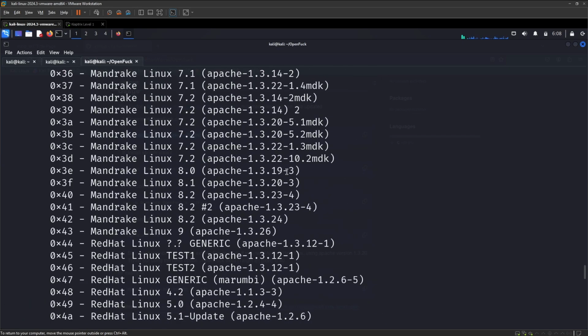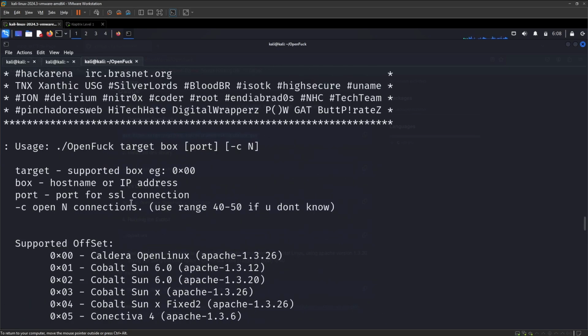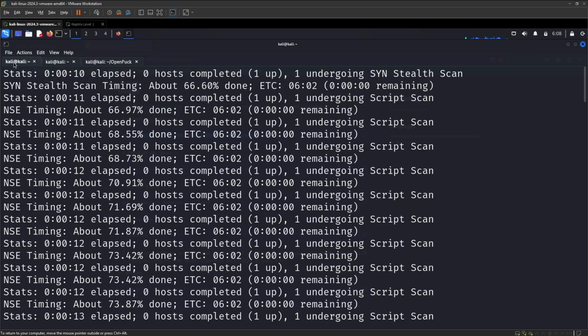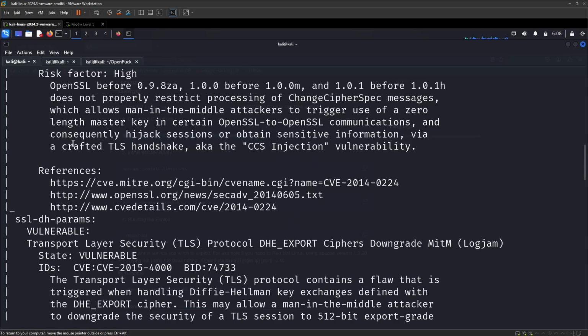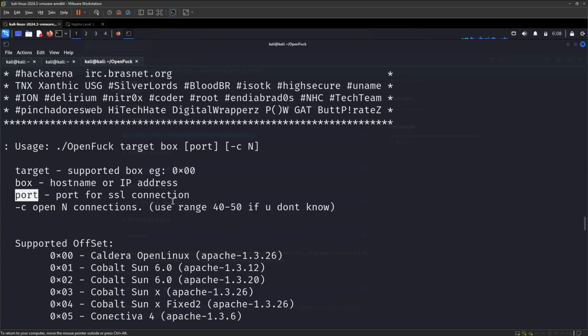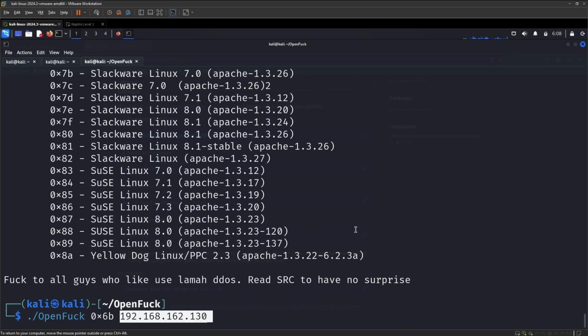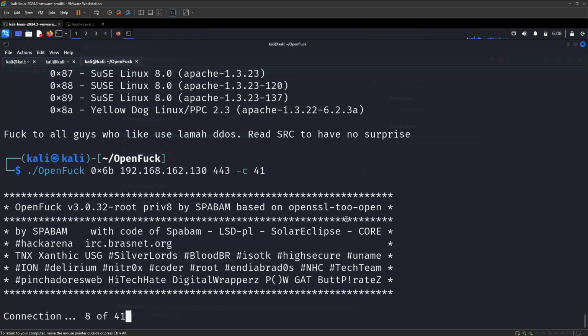And after putting the target IP, what you need to put is the port, which we know from the scan is 443. After that, we just need to put minus C. You can use the range between 40 to 50. So we specify the port, which is 443, and minus C for specifying between 40 to 50. I'm just executing 41, and